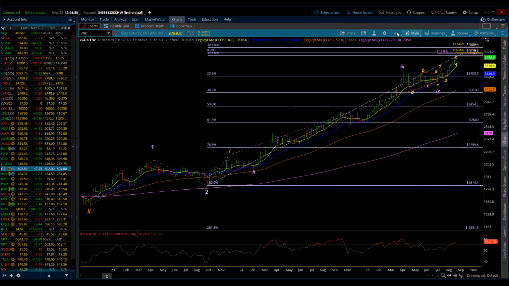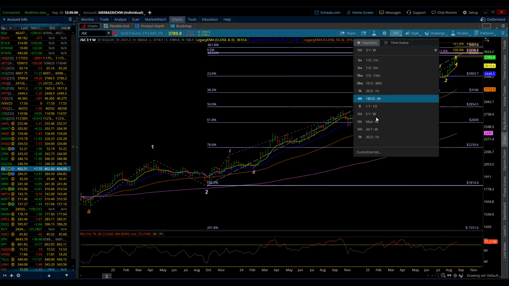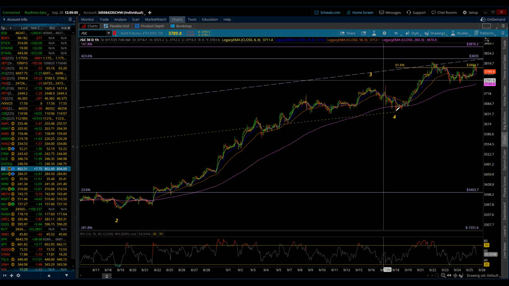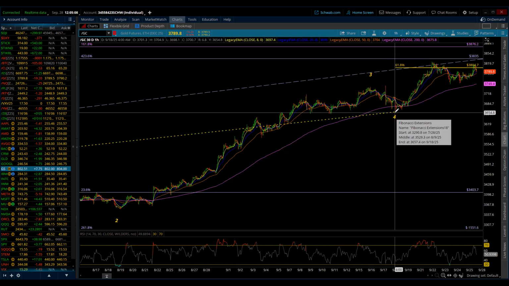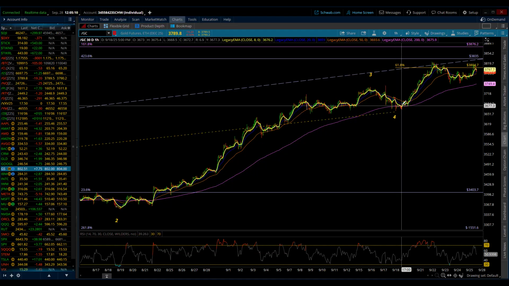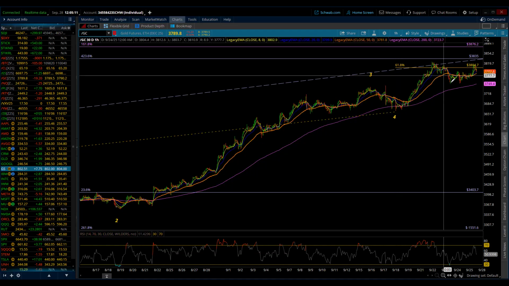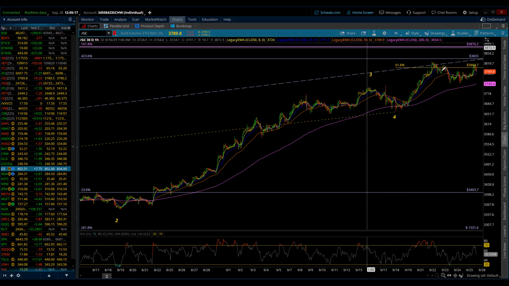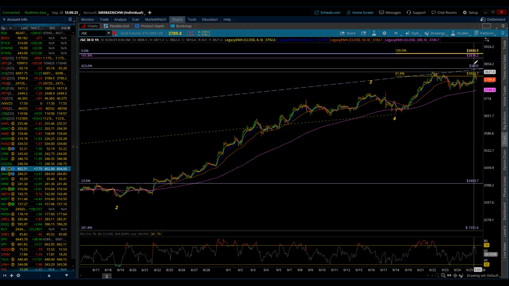Now, bringing it back down, let's take it back down to that hourly chart. There's the three, there's the four. So on one hand I could say that this could be the three, and here's the four, and we're kind of doing 1, 2, 3, 4, and a five. So I'm really looking that we have a very good chance of spiking up, because we can't forget that it's normally the fifth wave, no matter the degree, it's the fifth wave within gold that tends to